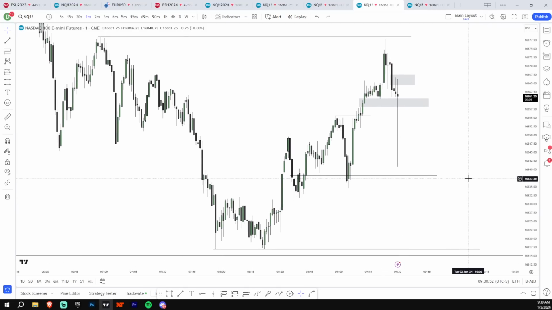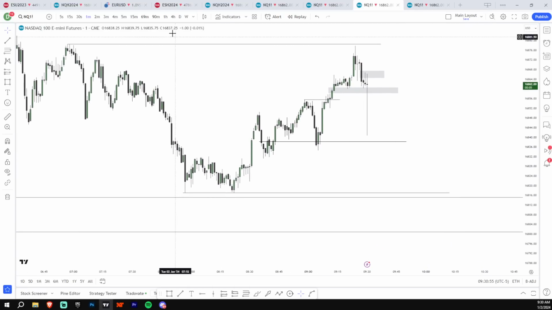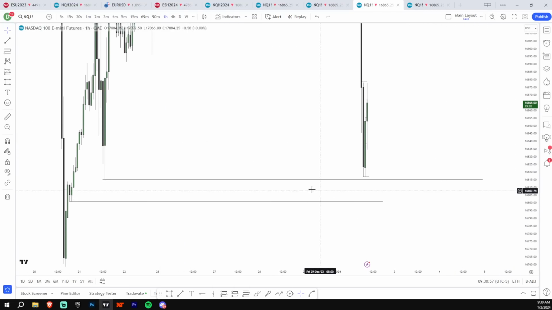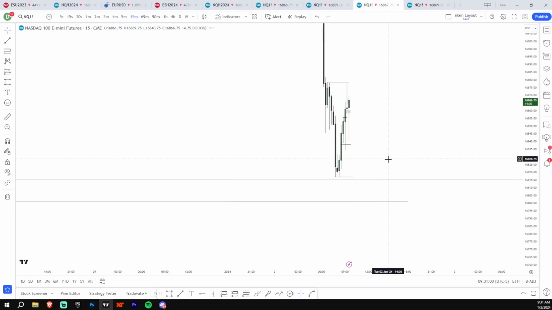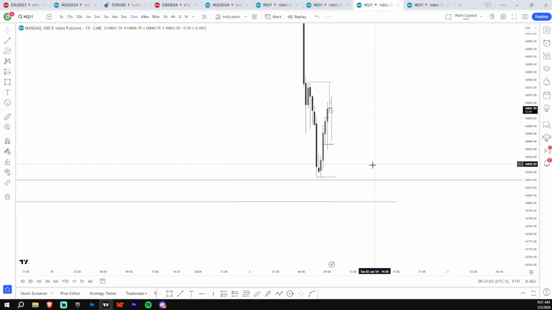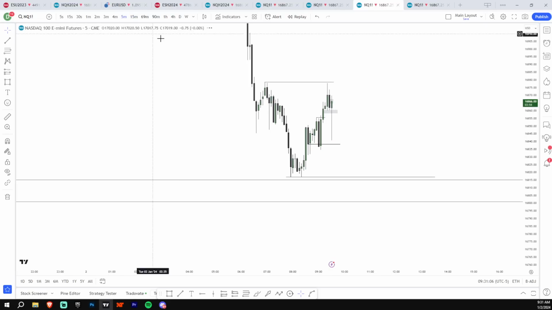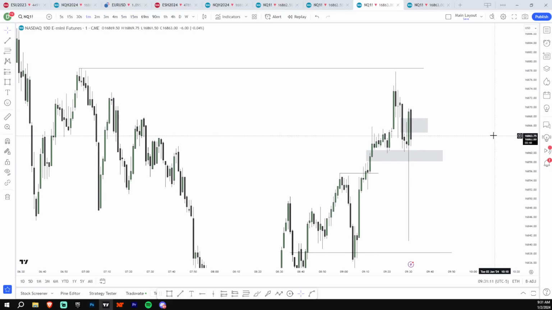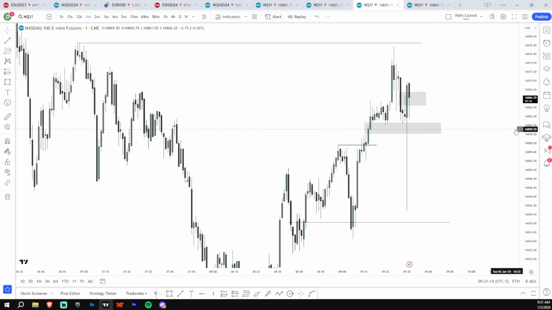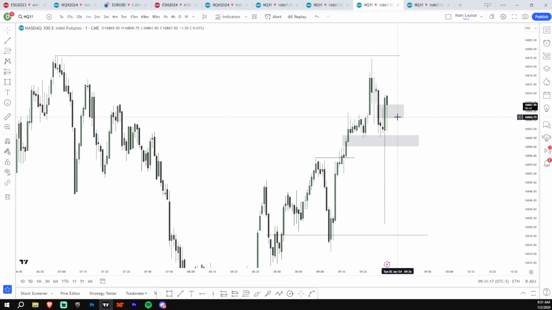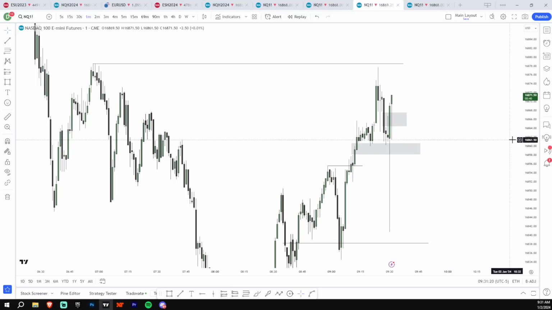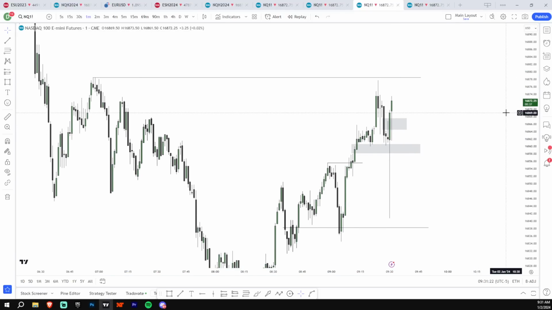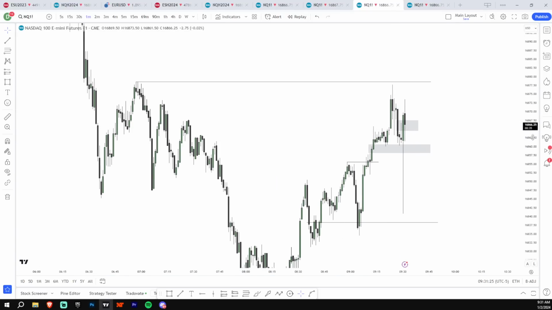So again, for everyone joining, the only thing I'm really looking for is some sort of short to these equal lows. I'm looking for some sort of fair value gap violation, some sort of short setup to these equal lows. That's the only thing I'm looking for right now. I'm not interested in any long inversions. This is a long inversion, but obviously I'm bearish, so I'm not going to take it. And remember, there's no news today. I'm live today, Marco.